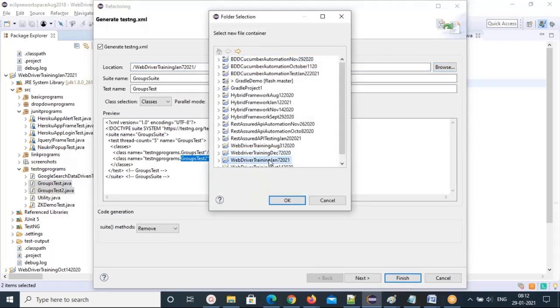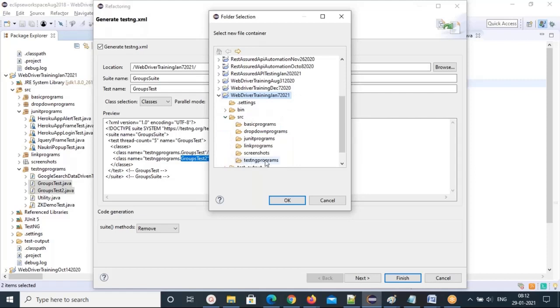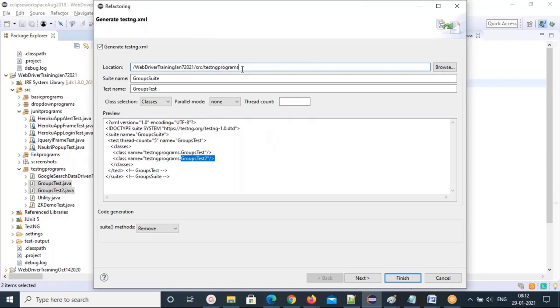So this is our project, WebDriver training Jan 7, 2021. Expand that, go to src, then the package name. Then give your suite file name, the groups testng.xml file. This is an XML file, a groups suite file.